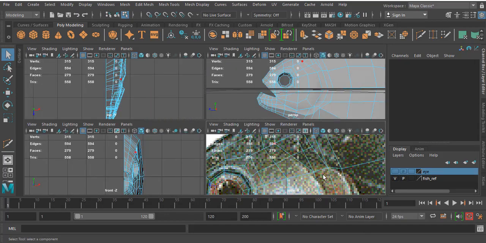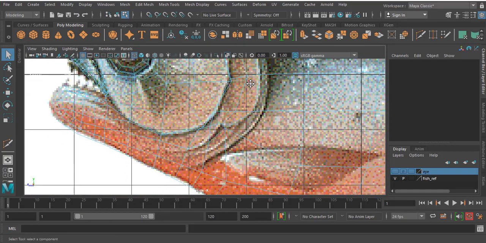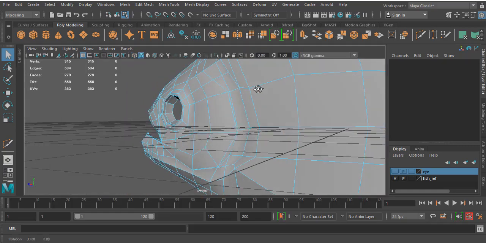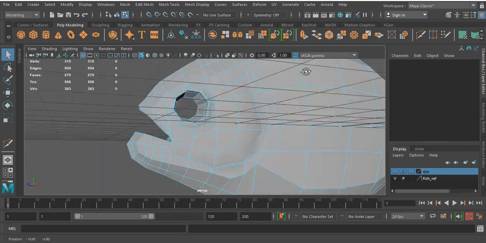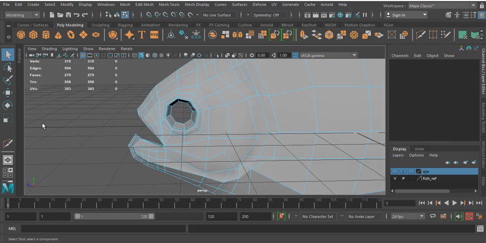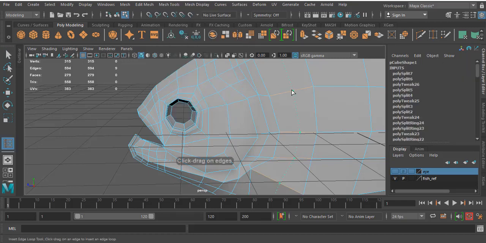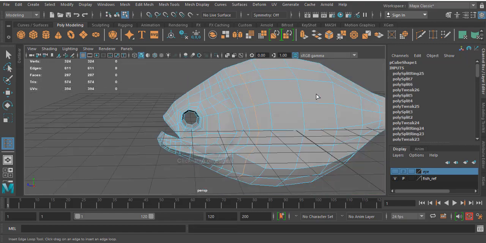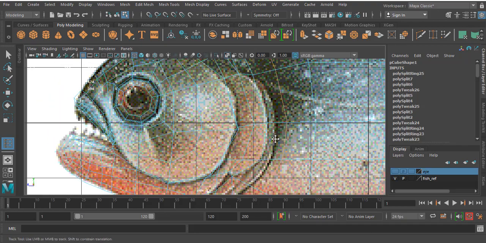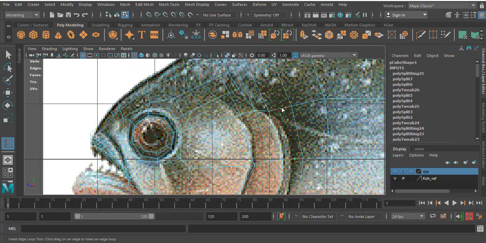Okay, now the gills are there. Okay, so what I will do next, if I create one more span over here, it will affect my model. I'm going to create a span over here. Okay, then what is the solution for this? One more.